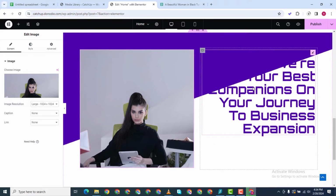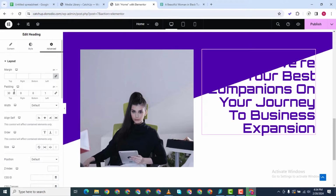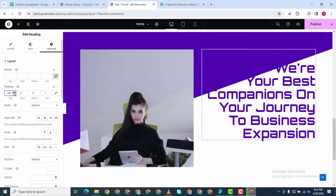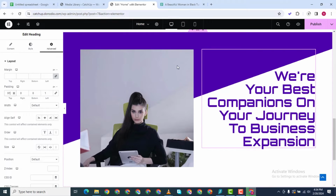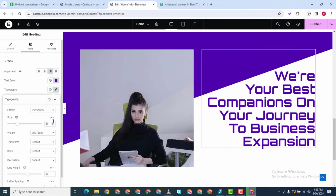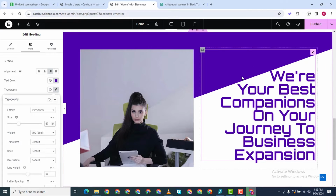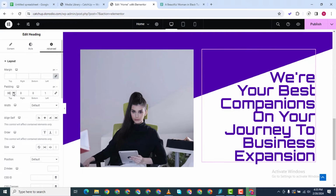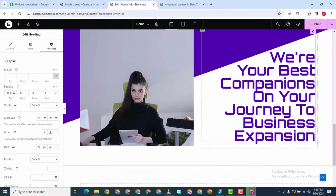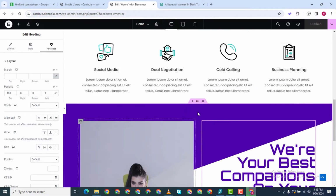Okay, so you see we can go ahead and apply some more padding here, so that it pushes this text down. 80. And I can even increase the size of the text. That is that. Increase the padding a little bit more so that it matches. Okay, so this is this,